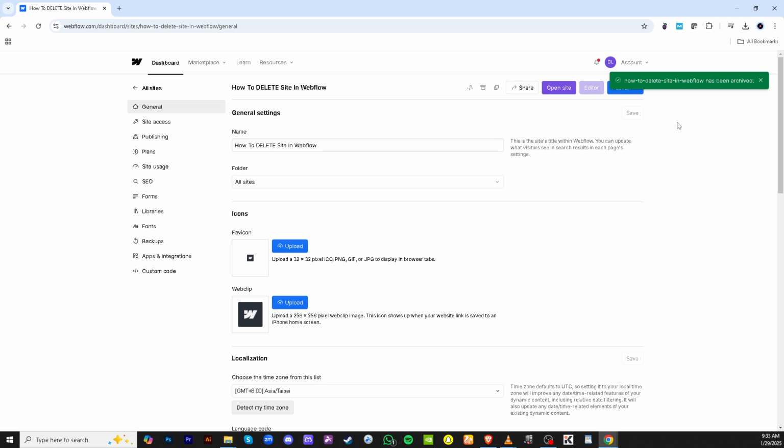You will see a confirmation message saying that your site has been archived, meaning it's effectively been removed from normal view. And that's it, you've successfully archived a site in Webflow, which is the necessary step for a permanent deletion in this platform. Remember, always double check the site name and make sure you have backups if there is any chance you might need the